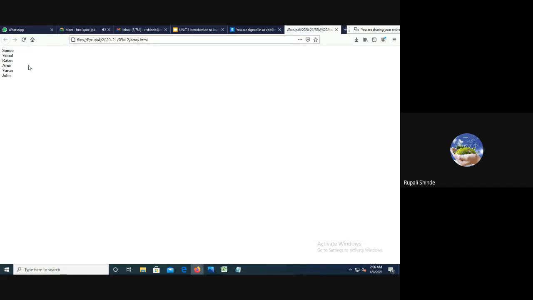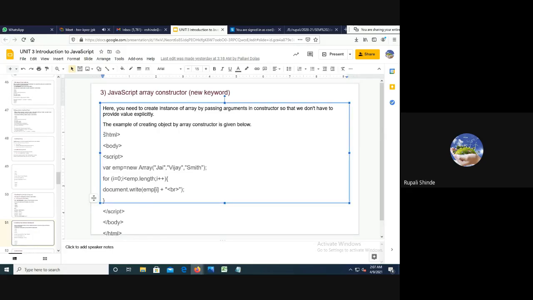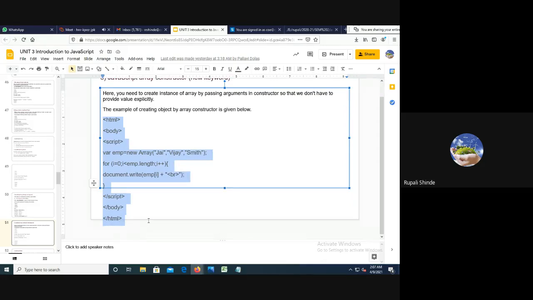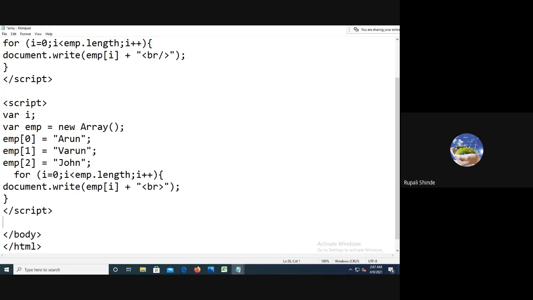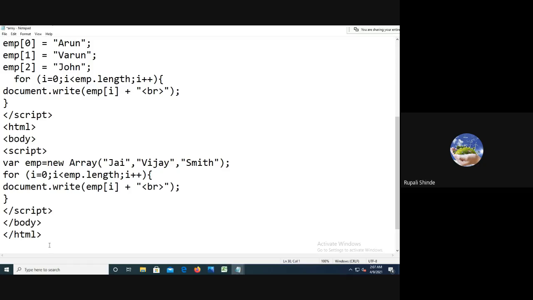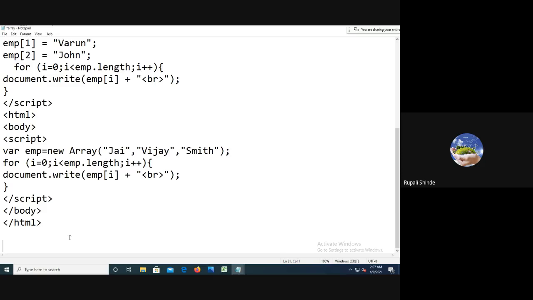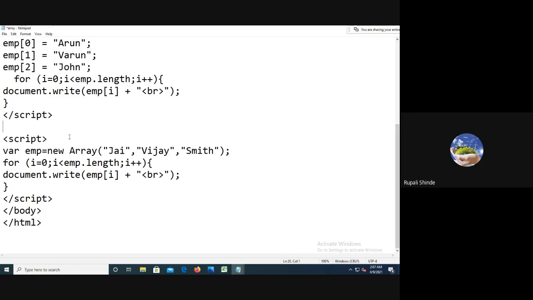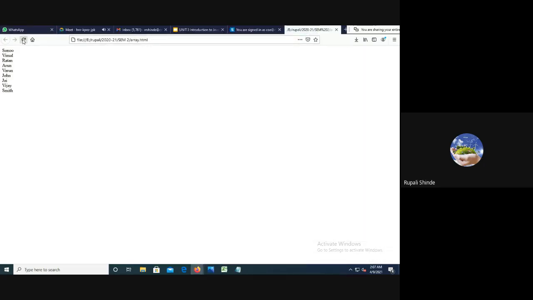Again, the different names are going to display. The third type is also going to execute properly.